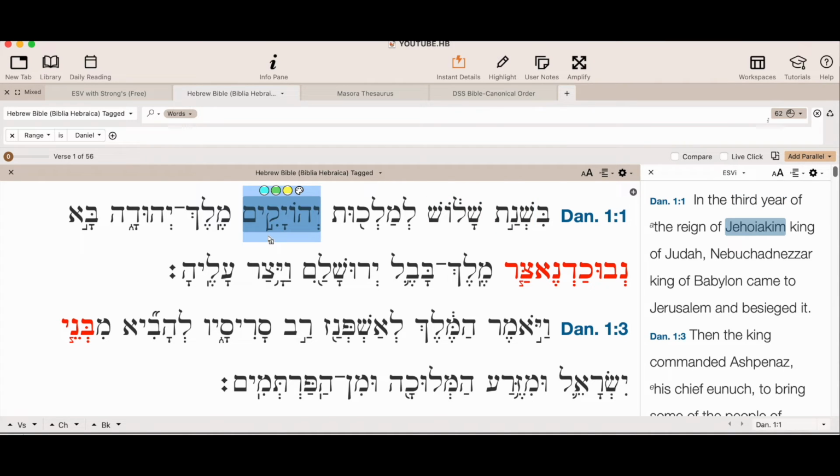We have it on the absolute form, but Jehoiakim is syntactically heavily tied to what follows because we have a phrase in apposition, Melech Yehuda, and that's where the phrase really closes out with the Atnach. So, of the reign of Jehoiakim, the king of Judah, period, or comma, really a comma here, I guess. So in the third year of the reign of Jehoiakim, king of Judah, okay, and